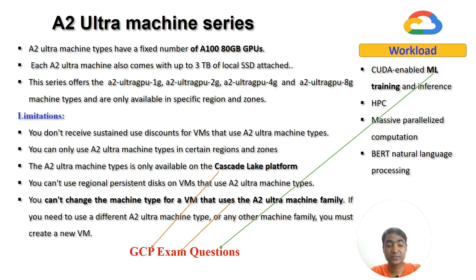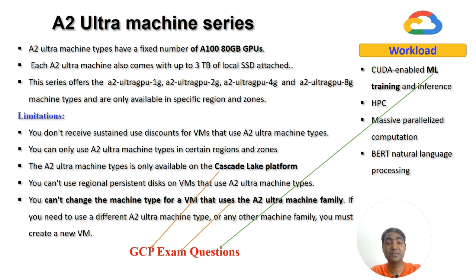sustained use discount for VMs that use A2 Ultra machine types. You can only use A2 Ultra machine types in certain regions and zones. All zones and regions are not available for this machine type. And guys, the A2 Ultra machine types are only available on the Cascade Lake platform. You cannot use regional persistent disk on VMs that use A2 Ultra machine types, and you cannot change the machine